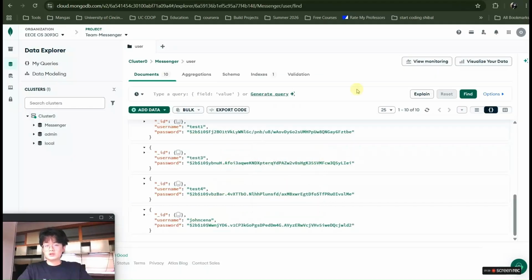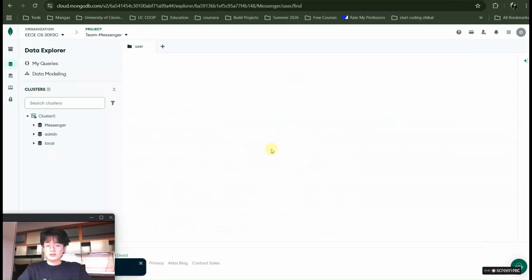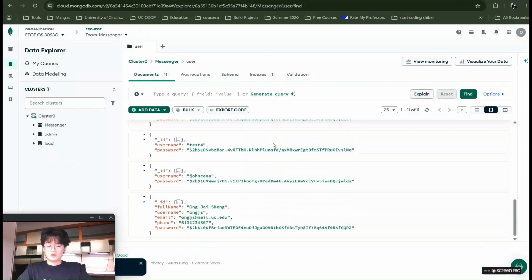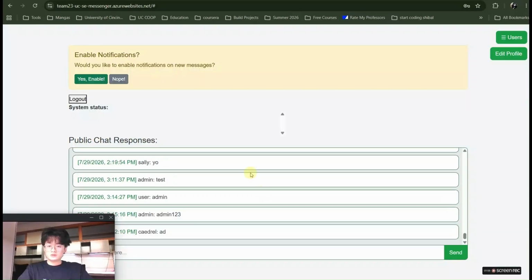But first, I would like to show you our database. The register feature indeed stores the newly created account into the database. As you can see, it's right here with the fields. Let's say we're going to log in with the credentials we just created. And as you can see, it will redirect you to